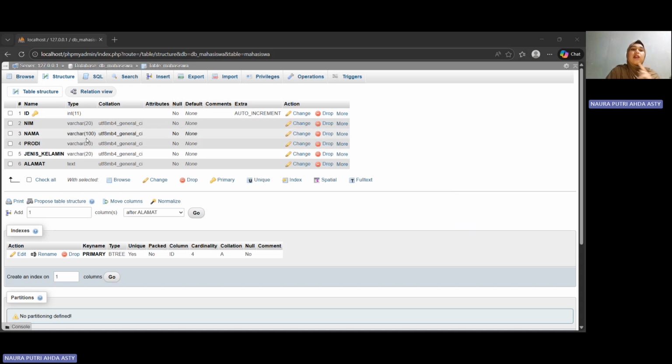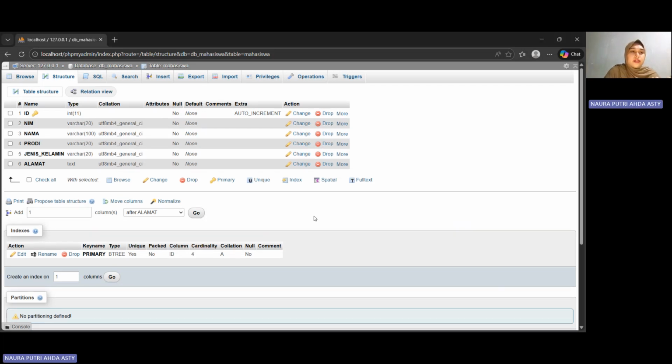The nama is 100, so you can only put 100 characters. And then the prodi is varchar also, and jenis kelamin varchar also, and alamat. Why alamat? Because for alamat, we don't know how many characters we want to put.